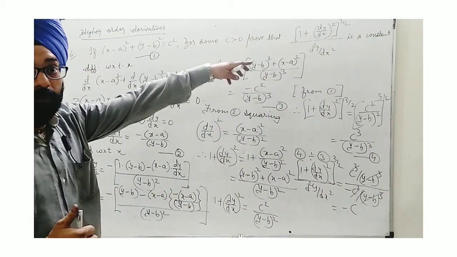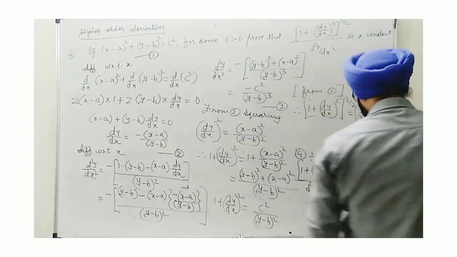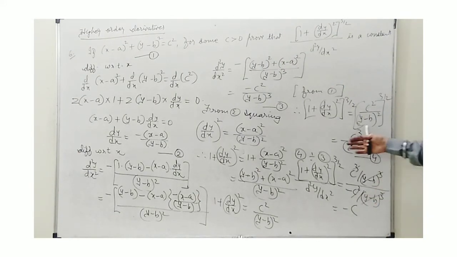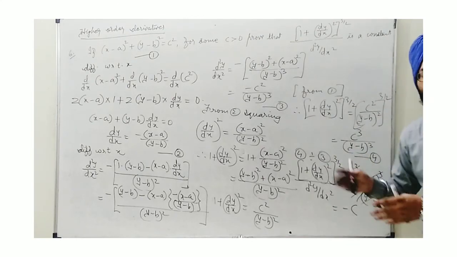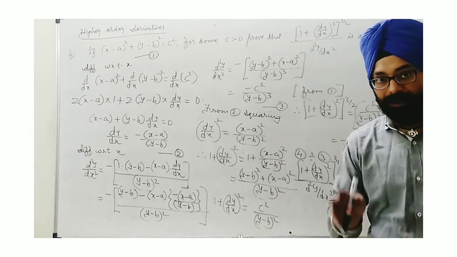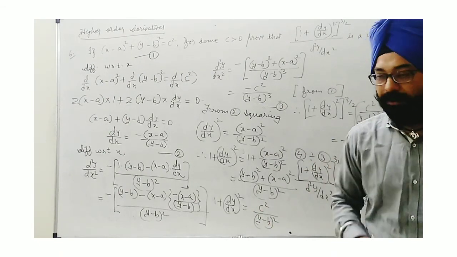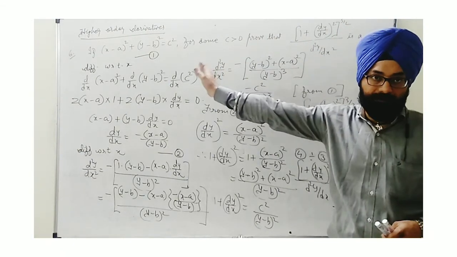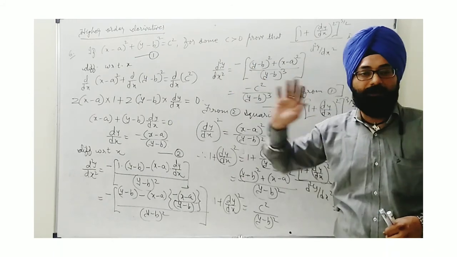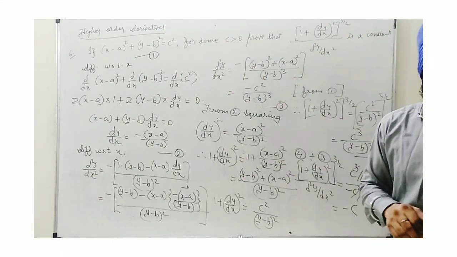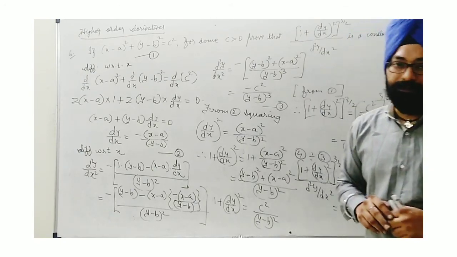It was told to us to prove it's a constant, and yes, there is no term of x or y, so obviously this whole expression becomes a constant. So this was completely different from previous examples, but every time you can see we have to be careful whenever it is a parametric function. This is one thing, and whatever is required, accordingly you differentiate the given function. This much you have to be careful of. Otherwise, I hope this higher order derivative is clear to you, and this much is enough. Thank you. That's all.